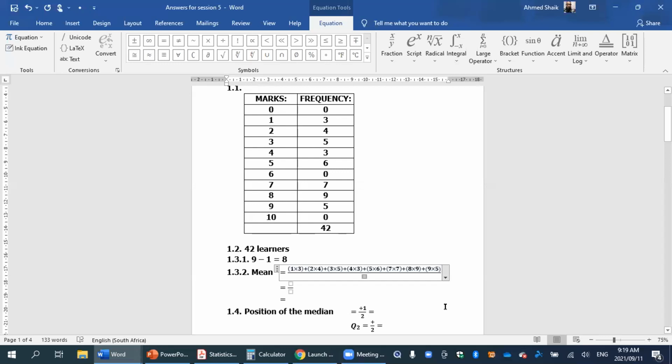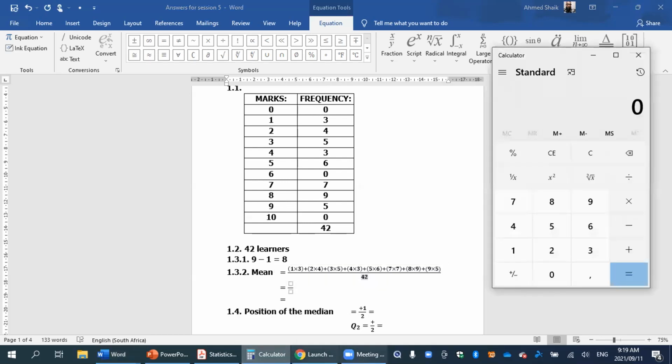We already worked out how many learners are in this data set, or how many values we have in this data set, which was equal to 42. So let's calculate that. So we've got,